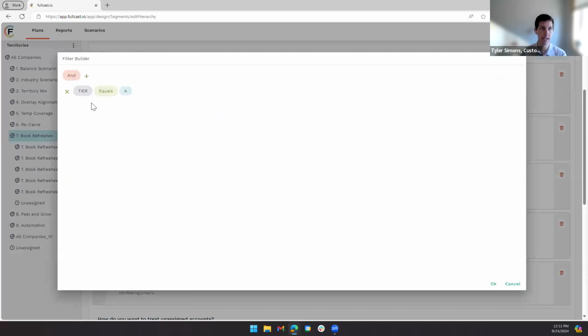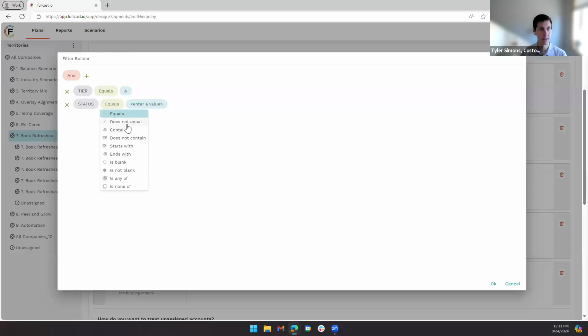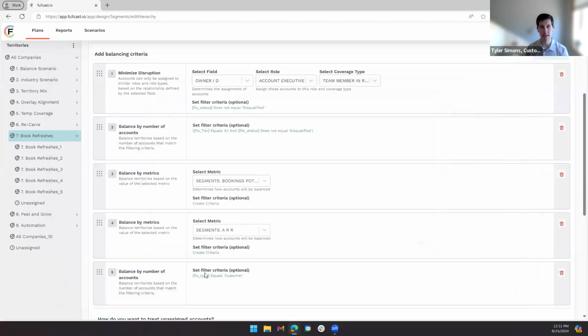So I would come in here again, and then we would say additional condition, and our status does not equal disqualified, and then save. And so once I'm done with that, what ends up happening is that anytime we rerun the rules on this book refresh process here, we will remove accounts that have a status disqualified and dump them in